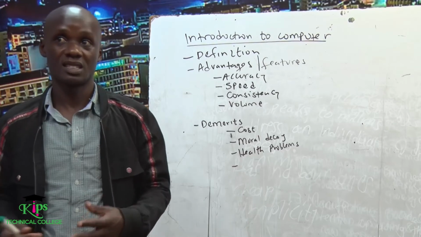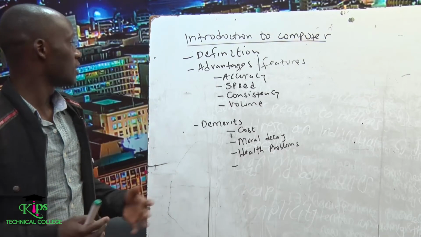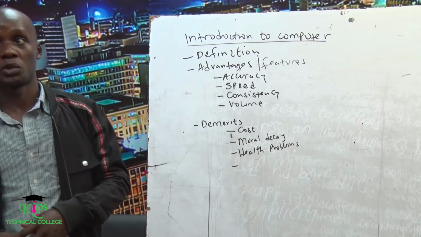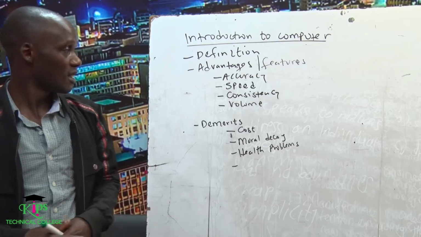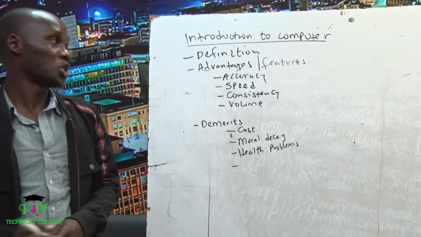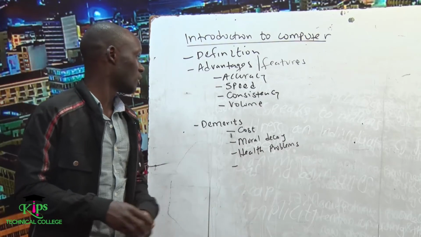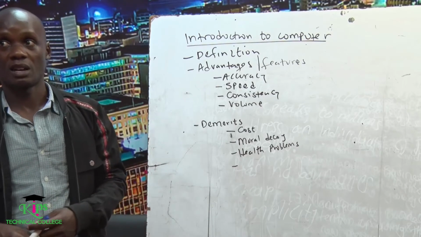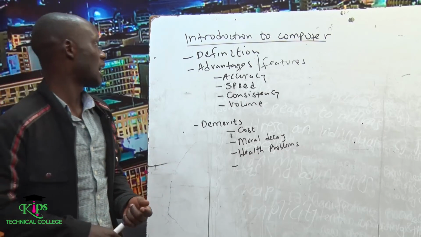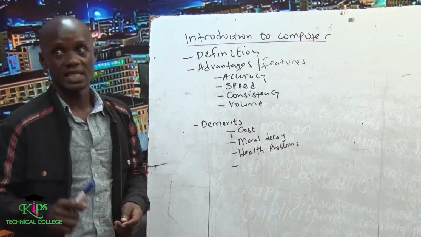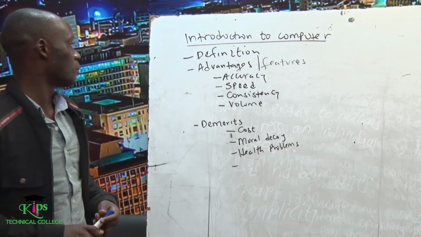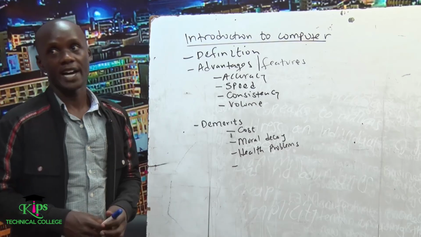So basically there are certain resources which may be harmful. For example, in a given society, young people are not supposed to access pornographic images, but because of the internet, those young people can gain access to such information. Number three is what we call prolonged use of computers. For example, the computer monitor, which forms what we call an output device, can emit light, and that light is harmful to the human eye. So prolonged use of computers may cause loss of eyesight.